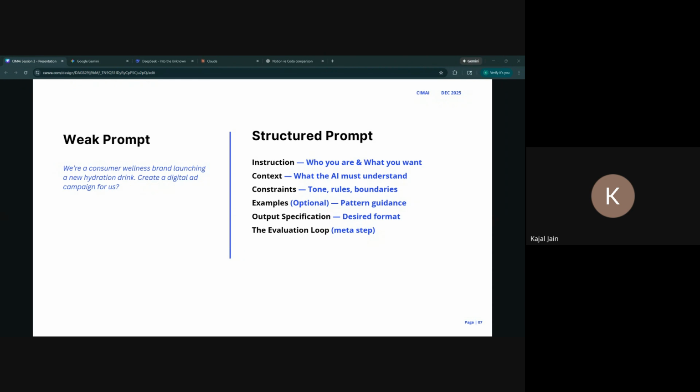So let me throw this in the chat. And then using the framework, which means giving it instructions, context, constraints, tones, rules, boundaries, any examples, output specification. Feel free to play with the prompt and take your time with it.